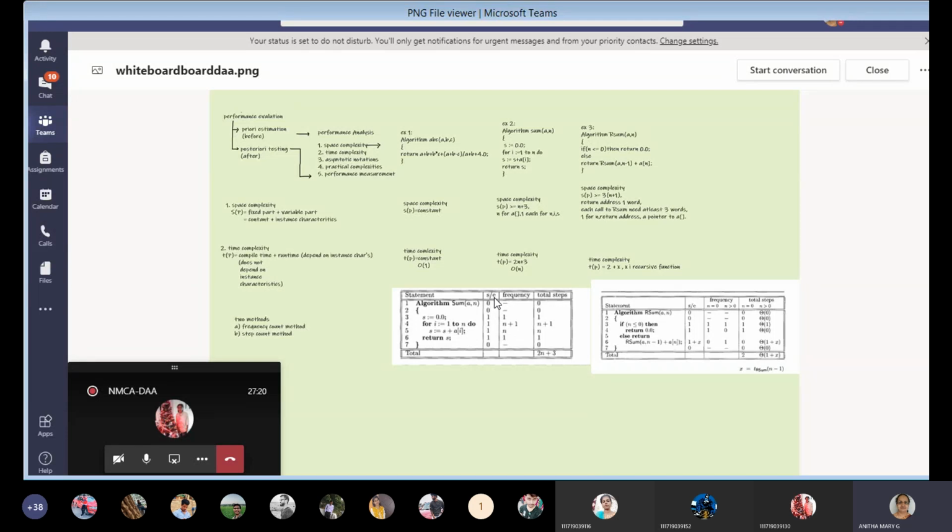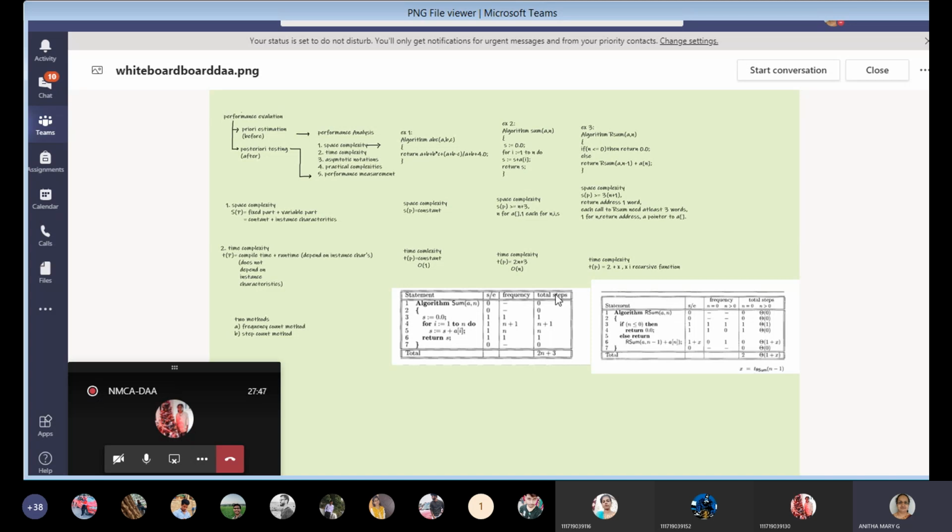And then S by E means steps per execution. That means at a time, for one step, how much unit of time it is taking, singular steps per execution. And frequency means, based on the loop, how many times it will iterate, that is the frequency or number of cycles we can say.